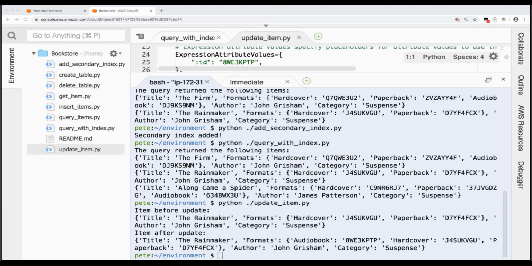What is the impact on table read or write performance for having more than one global secondary index? And how should we adjust table reads and writes when adding a new global secondary index? Okay, yeah, this is a great question. So the impact on the table itself for read and write performance is there is no impact on the table